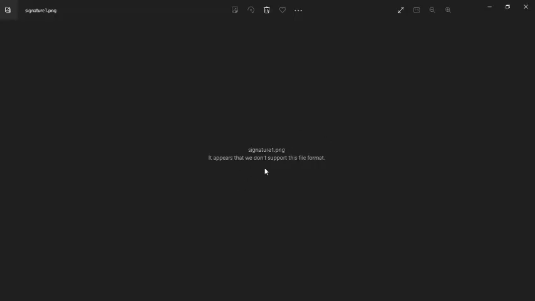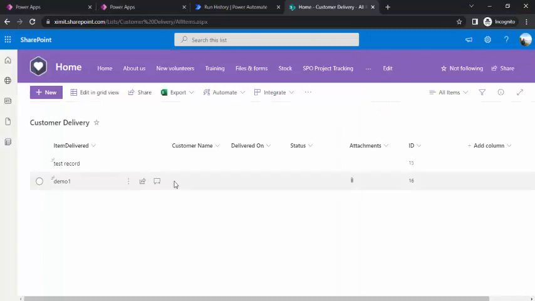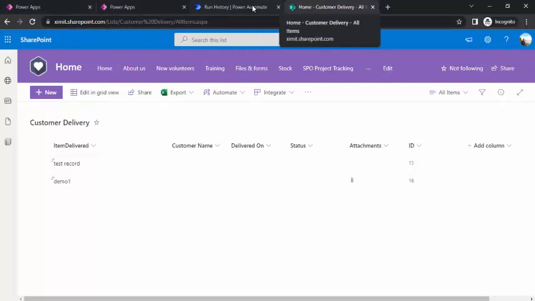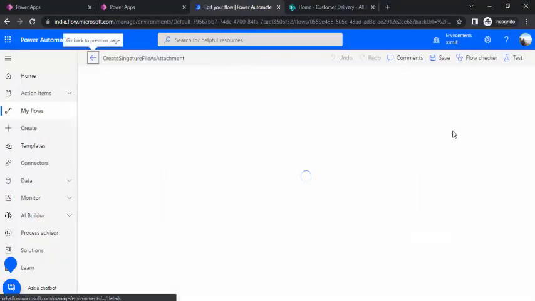So it's not opening this signature image, though the flow actually ran successfully, but still the file is not there. So to fix that error, we'll be doing some transformations to our flow. And what transformations would that be? I'll just show you. I'll be editing my flow again,